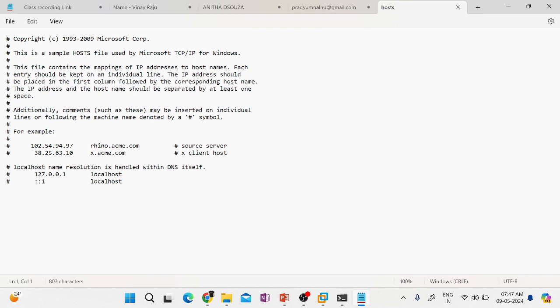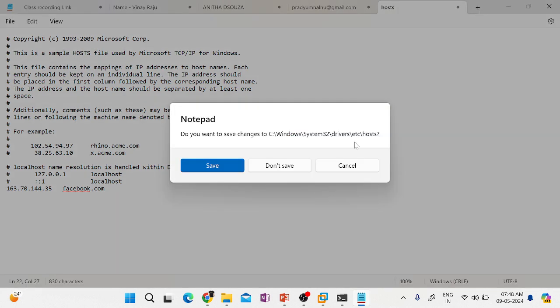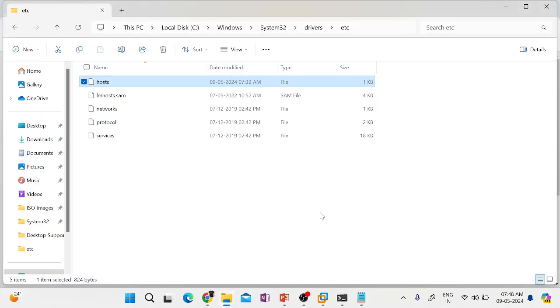See here, an IP address like 102.59.94.97 maps to the name of a website. It will check if there is any entry like this for facebook.com. If it is there, it will pick it up and give you the answer. If it is not available, then it will go and check in the DNS cache.